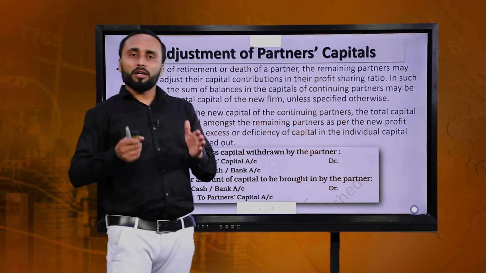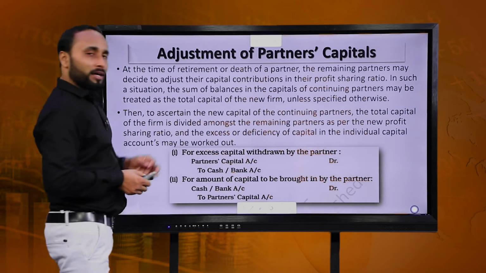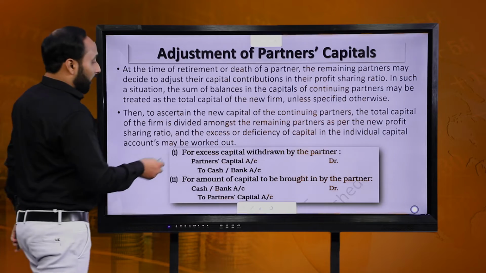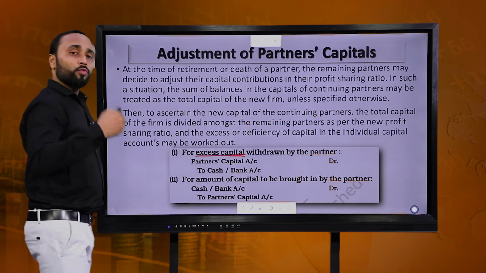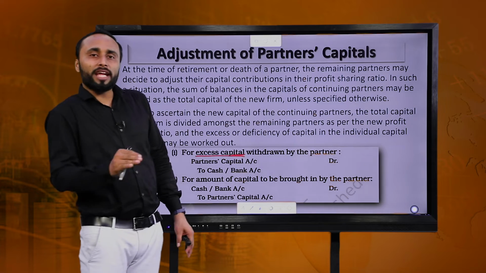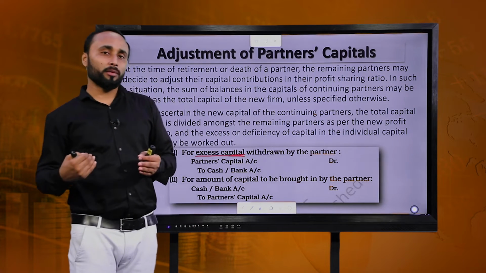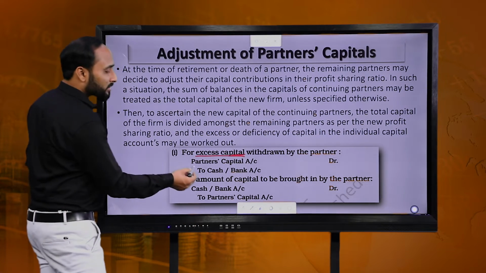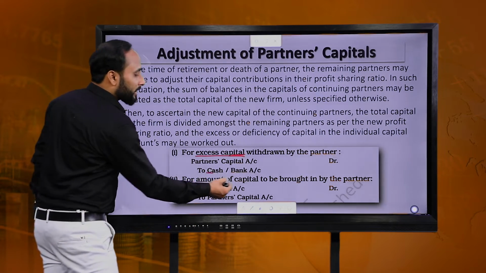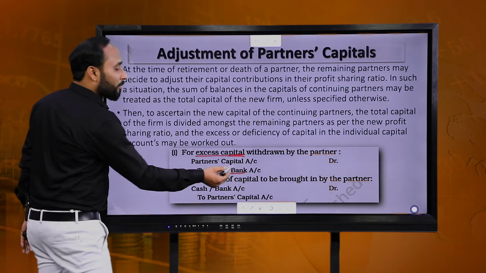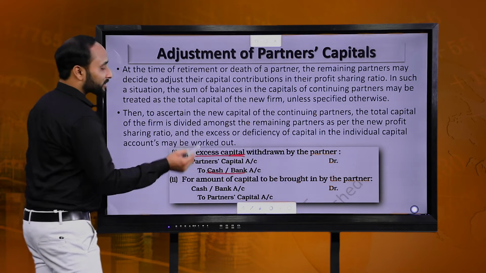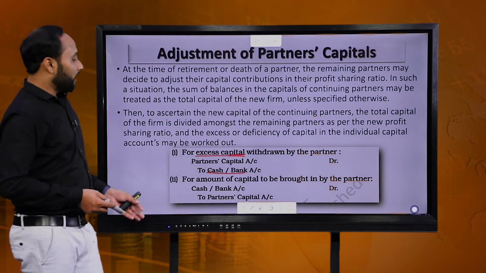So whenever there is a situation like this, we pass some journal entries when there is an excess capital which the partners have to withdraw, right? They have to reduce their capital, so they'll take some cash back with them. So what entry do we pass for that? Simple, we credit the cash account because they are taking cash back with them. So cash or bank account will be credited and the partner's capital account will be debited,